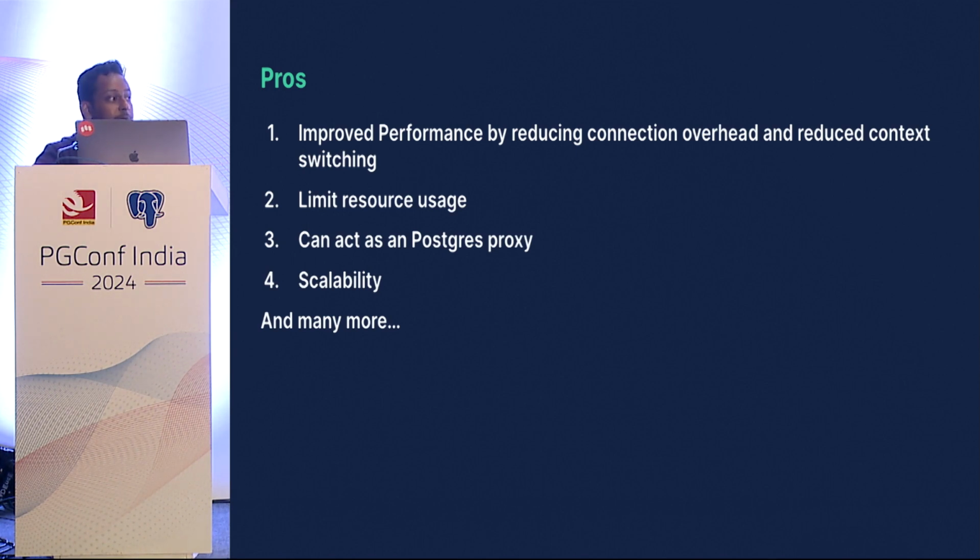And there is one more case. Suppose we have a parameter named max connections. If we increase the number of connections, there could be a chance of max connection timeout or max connections exceeded, which will directly impact our client applications. To limit those costs, we can limit our resources within the connection pooler and a Postgres proxy, so that this problem doesn't occur again. Third, as I already mentioned, we can act as a Postgres proxy, which I have already shown here. And fourth is scalability. We can reuse connections and scale our systems by minimizing our resource utilization. And there could be n number of pros